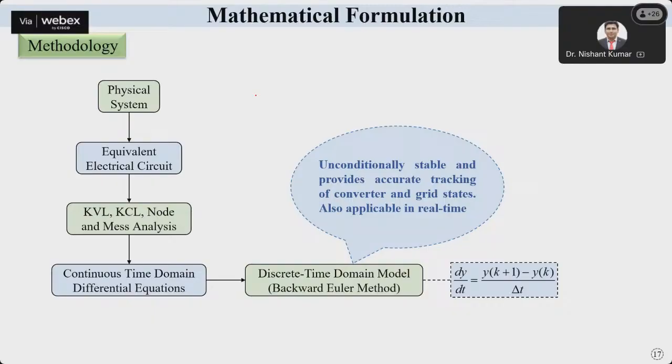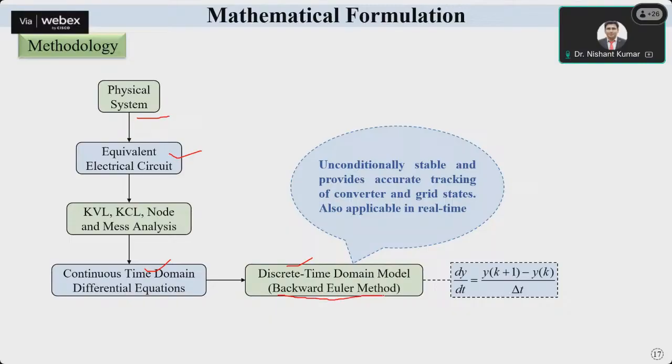So on the DT side, the first is we are dealing with the time domain DT. Here first we will go for the physical system, then we will go for the equivalent electrical circuit, and then we will start applying KVL and KCL one by one to write the time domain equation. Then we will go for the continuous time domain discretization. The differential equations we will generate, and then go for the discretization. During the discretization, here we are going to use